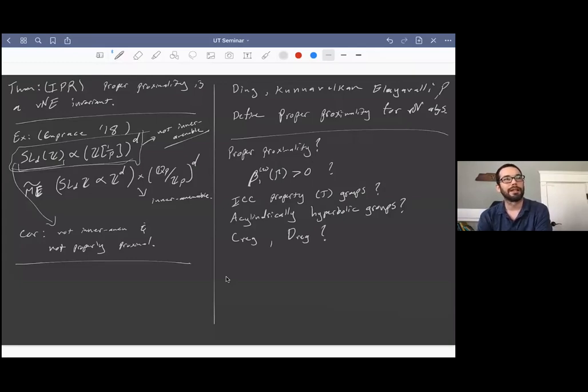I guess knowing that the action on distinct triples is properly discontinuous, to show that that implies the usual definition of a convergence group is pretty... Yes, that direction is easy. So in that sense, from the triple definition to get proper proximality, it's pretty easy, just because you can go through the other one. It's the converse that's difficult. Okay. Thank you. Sure.